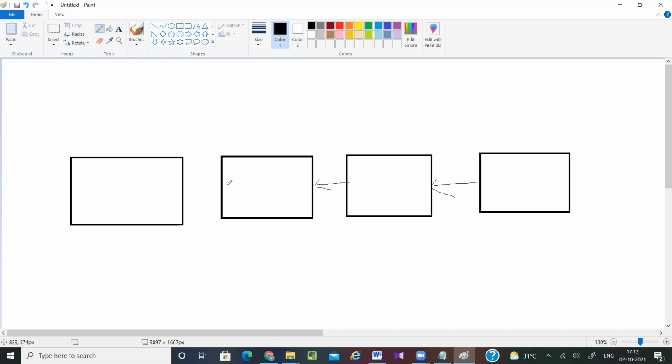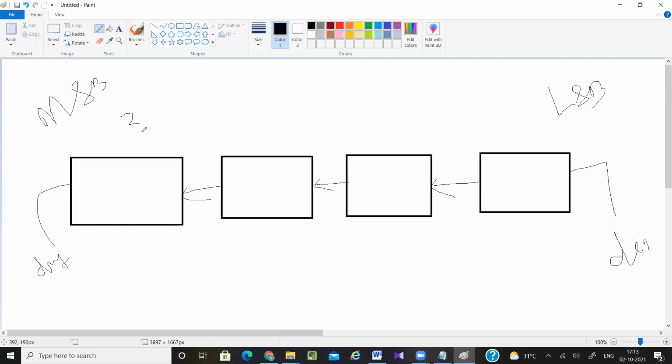So left shift means I am shifting the values from here to here. This one is my MSB and this one is my LSB. So input I'll be giving from LSB, and output I am getting from MSB.